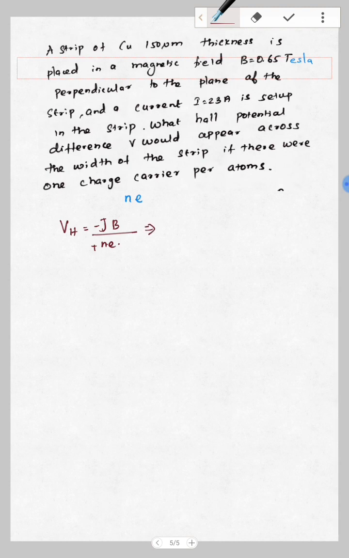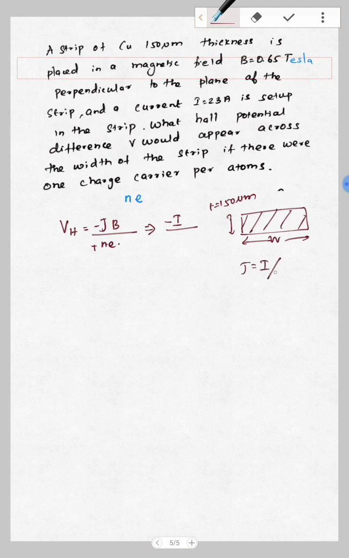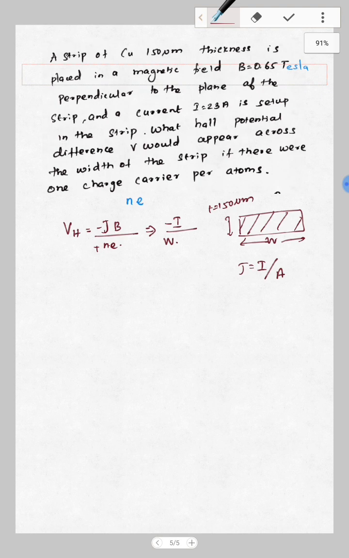This can also be written with dimensions. As we mentioned earlier, current density is current divided by area. For the conductor, as I discussed already, the thickness is given as 150 micrometer, and the width of the conductor is W. So the area is W into T. Current density is nothing but current over area, so this is minus I divided by area, W into T, into n into e. The magnetic field is B, so minus IB is multiplied